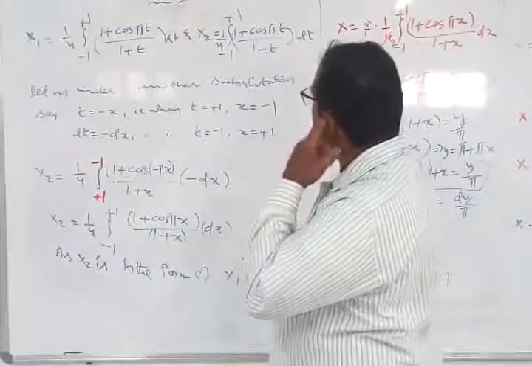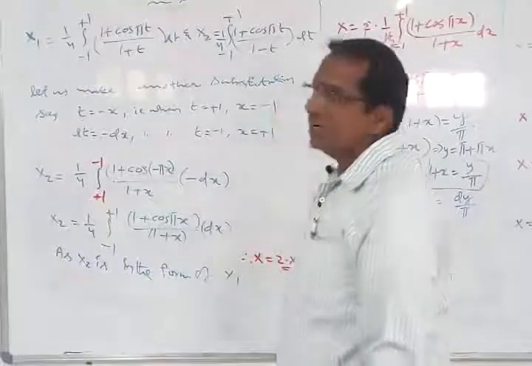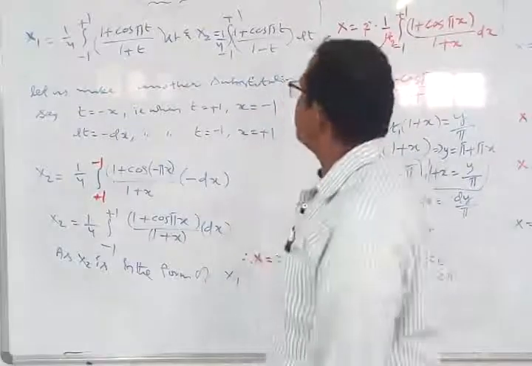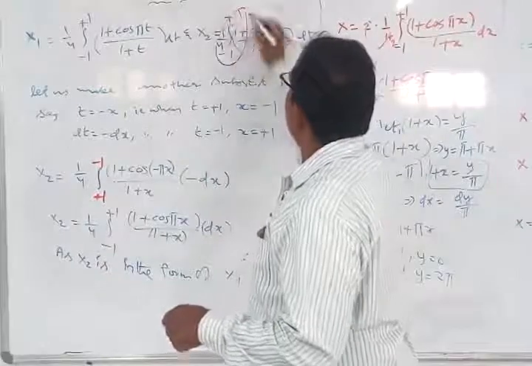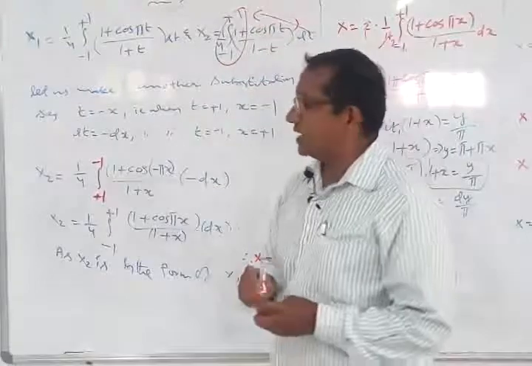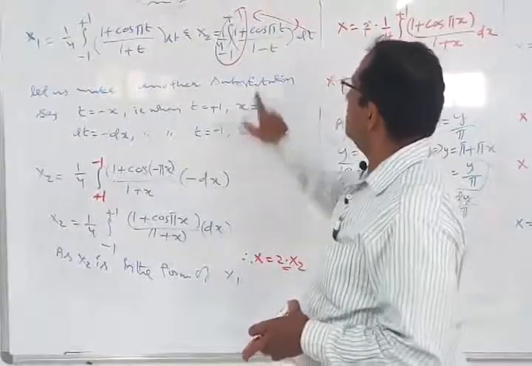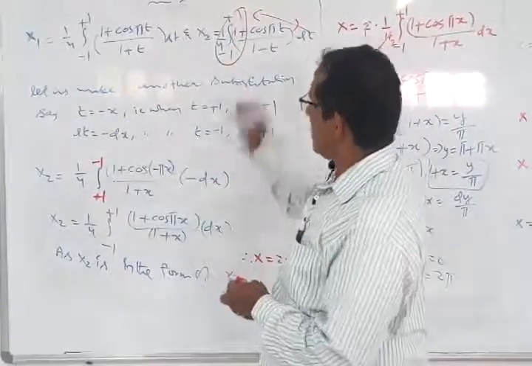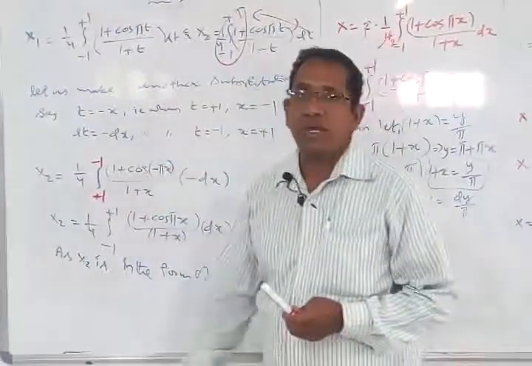Here we have an equation with integration with respect to dt. t is a variable here. Now we are converting t to x. So see the limits now. These limits are given for t. Now here we are converting the t limits to the x limits. Therefore, when t is equal to minus 1, what is x? Plus 1. When t is equal to plus 1, what is x? Minus 1. So when t is equal to minus 1, we write plus 1. When t is equal to plus 1, we write minus 1.